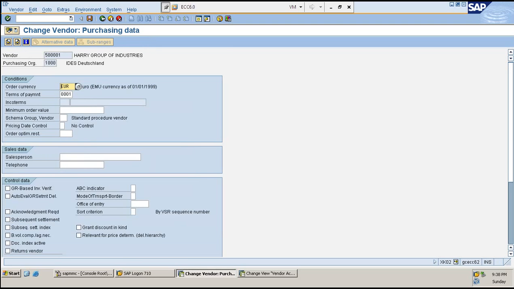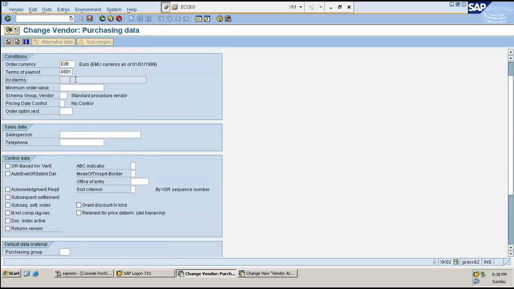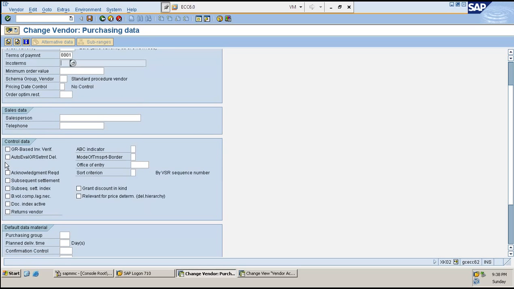But if I go to the previous screen, you see this encode terms? It was in change mode, now it is in display mode. Terms of payment was in optional mode, it was made mandatory. Encode terms was in optional mode, it is now in display mode. Likewise, there was something called automatic purchase order here, right? It got suppressed across.